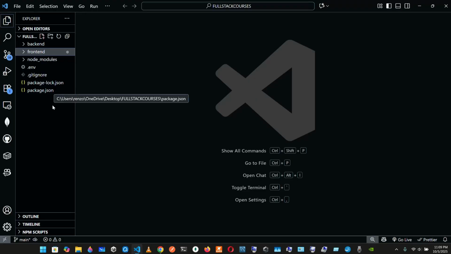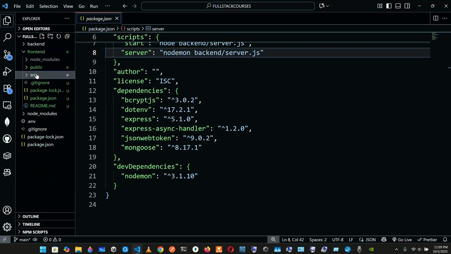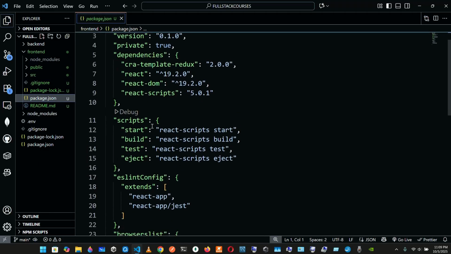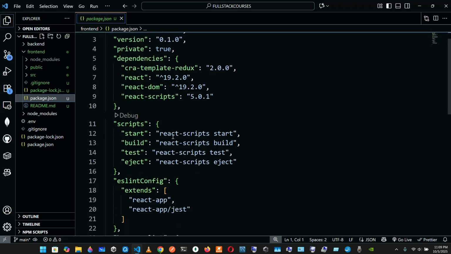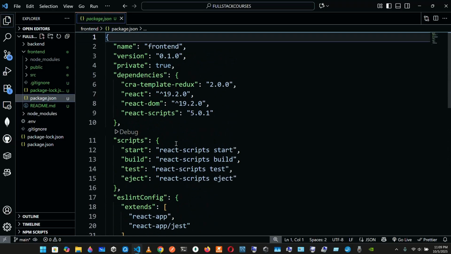And before that, we're going to go to the root, to the package.json. Make sure that you go to the package.json of the root, not the front end package.json. As you can see, this is the front end package.json, and it has start, build, test, eject, and the CRA template Redux, React. We're gonna need to install some more packages, but for the time being,